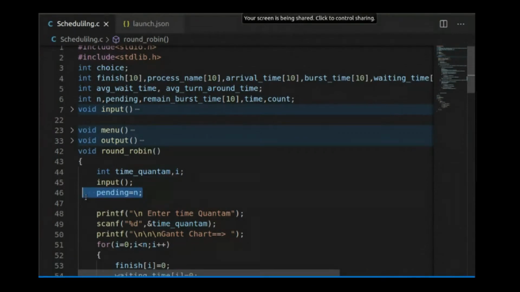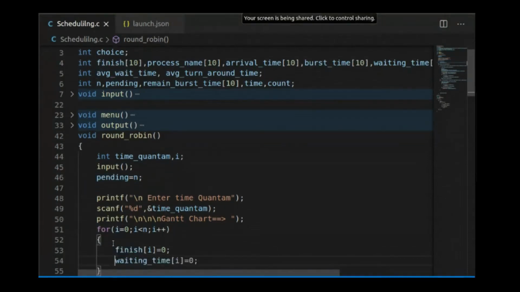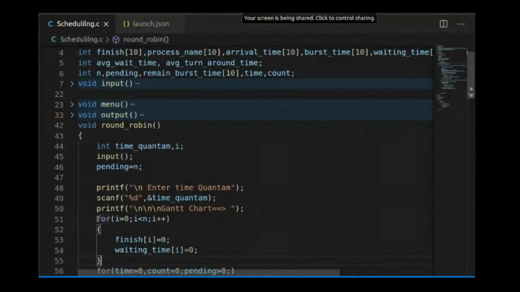Then we will apply some conditions to run those processes. This for loop initializes the waiting time for each process as 0. Initially none of the processes is finished, so we initialize the finish array and the waiting time array to 0, because they would otherwise have garbage values, and we don't want those.